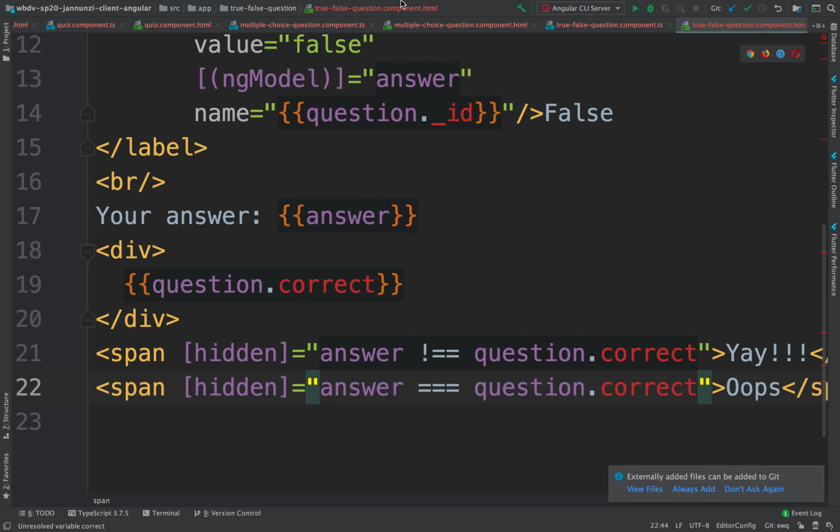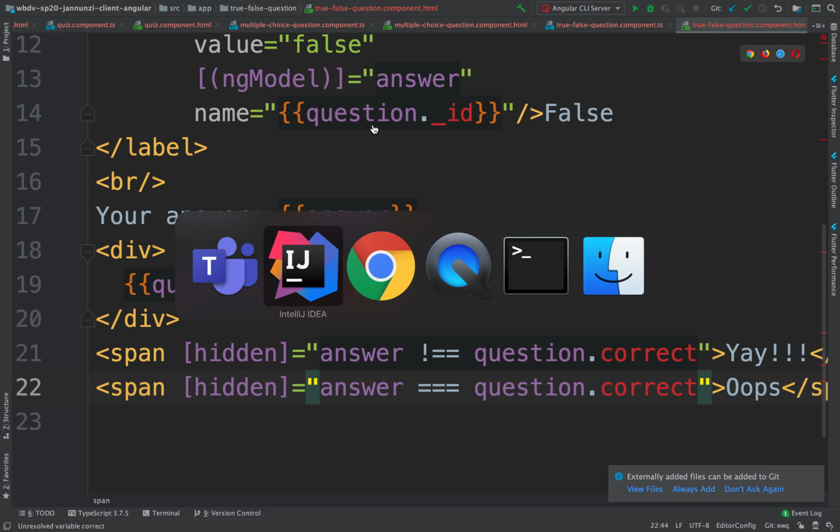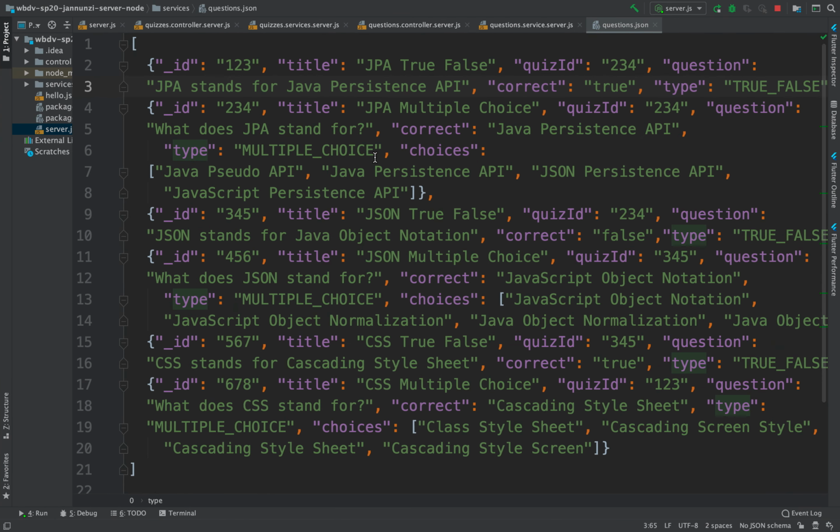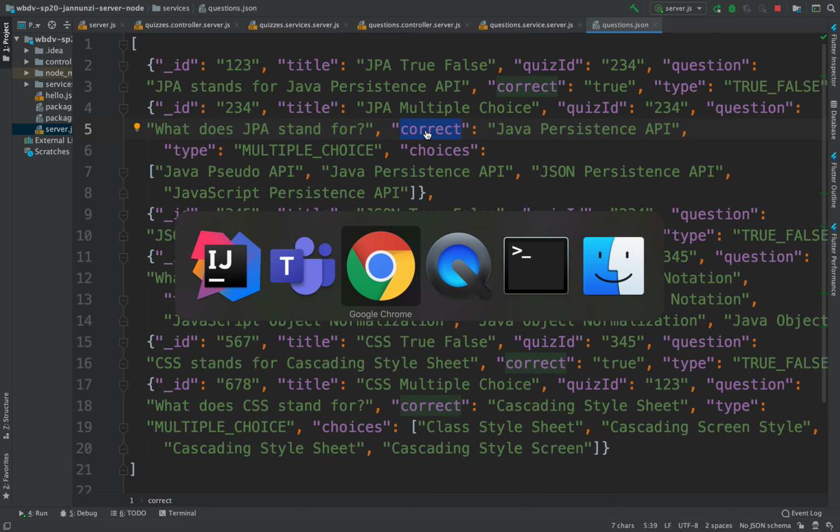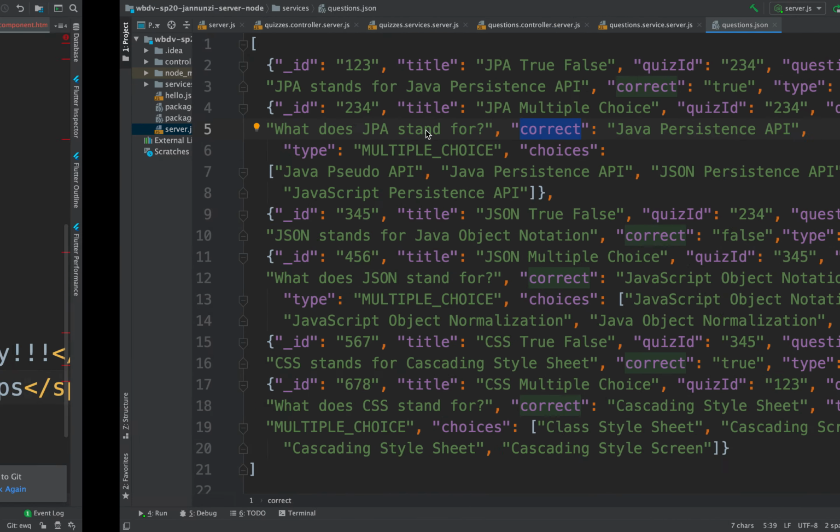Now, if you remember from the server, the multiple choice question, like all questions, has a question. It has a correct answer, but also it has choices. See that, the choices? These choices are in the form of an array. So what we could do is iterate over all these choices and create a radio button for each one of the choices. Then, depending on which one you select, we can compare the one that you select against the correct one. So let's use that strategy. Let's head over to our